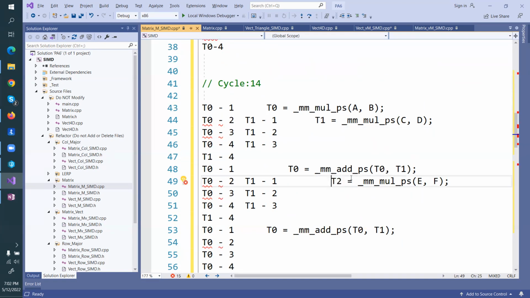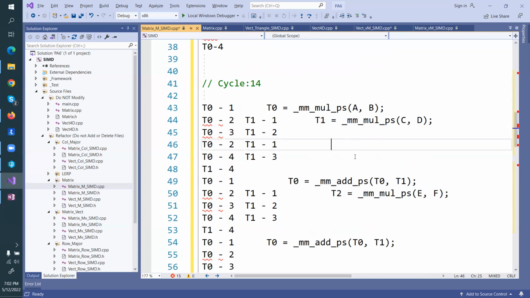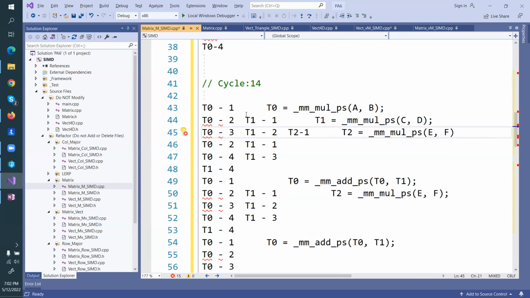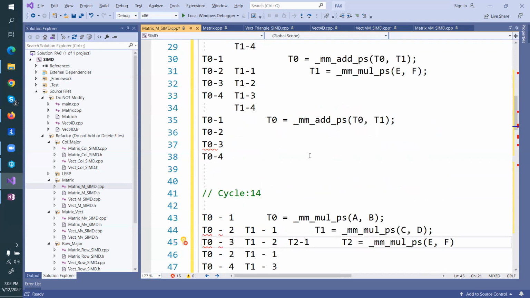So we do that. So we start T2 here, and this starts a T2 clock, right? And so what we're doing is